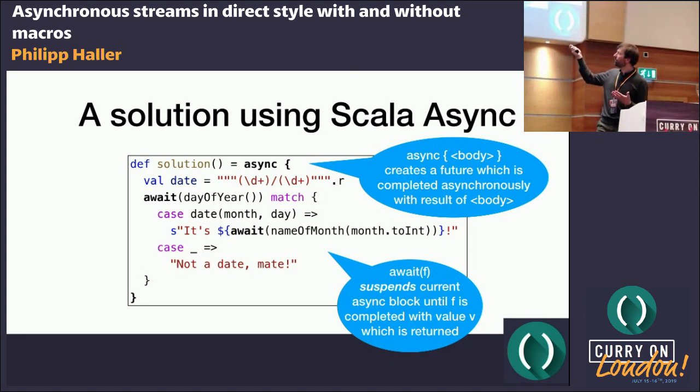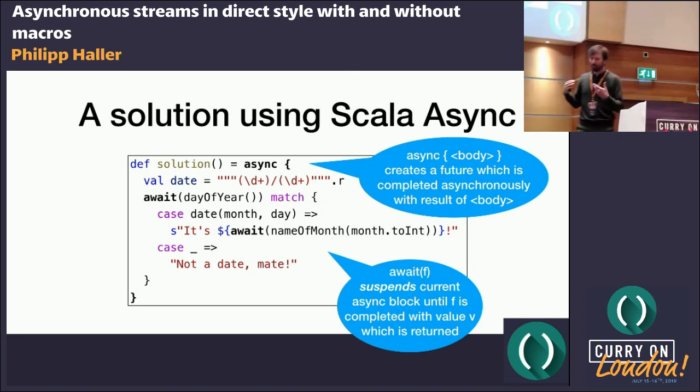Like we directly have the string, can match on it, etc. Or if that future is not completed yet, well, we actually suspend the enclosing async block, and as soon as the future is completed, sometime later, we will resume that computation.